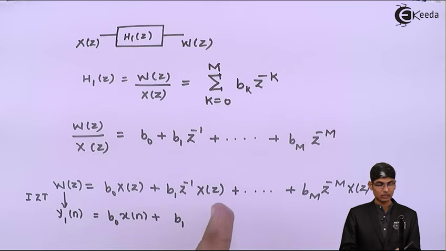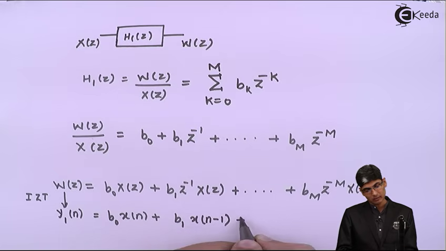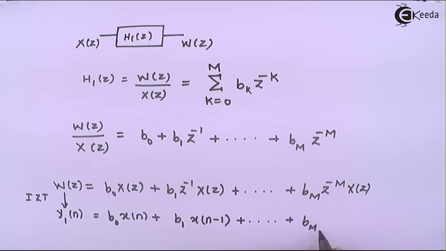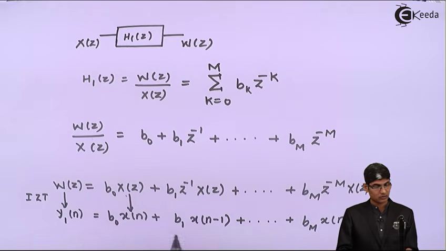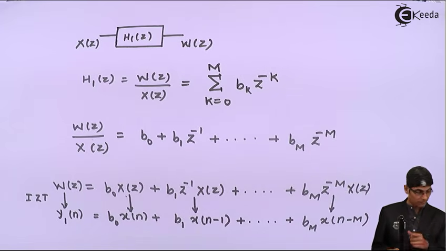Now z raised to minus 1 multiplied by x of z will become x of n minus 1, plus and so on till bm x of n minus m. Okay, so this is the inverse z transform of this, and this is also the inverse z transform of this. Okay, now